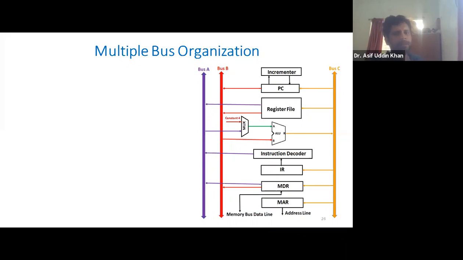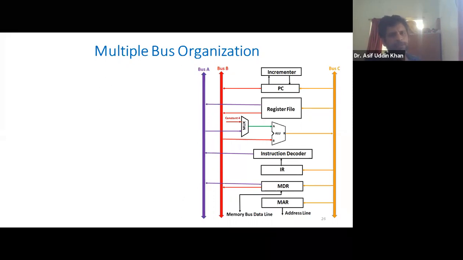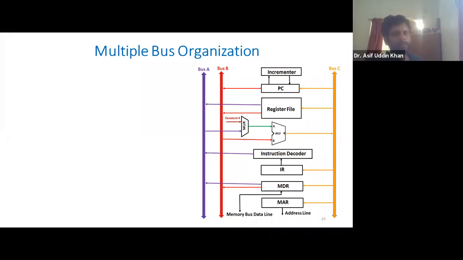That's why in the control steps you can see that there are multiple steps and multiple control signals. The control signals are very long, and a large number of steps are also required for executing the instructions. To reduce that, we can use multiple buses so that multiple data can be transferred in parallel. So that is the multi-bus organization.